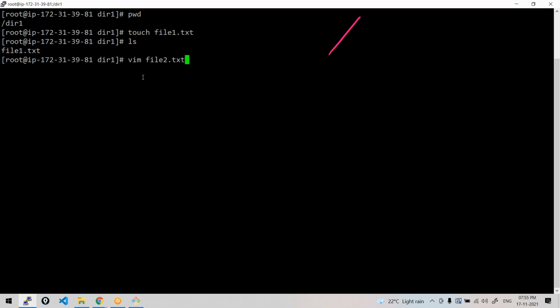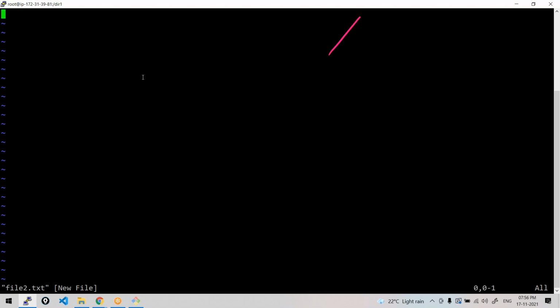Just give Vim and the file name, and Vim can create files of any extension: YAML files, text files, HTML files, any file with any extension. Right now, our interest is to see how to create and work with the file. Is it a doc file, madam? MS Word is for Windows. We don't have those here. MS Word is an editor, and those editors are not available here. Vim is the only one available.